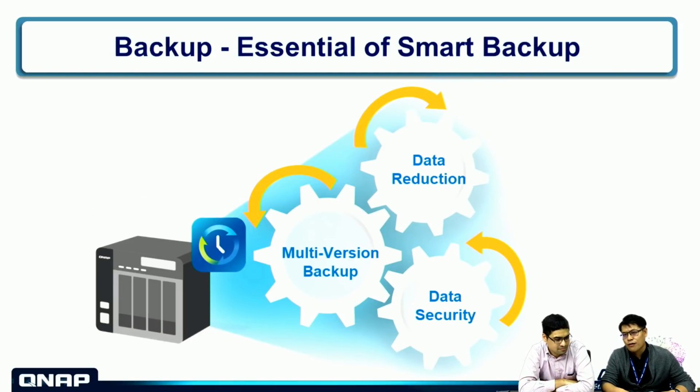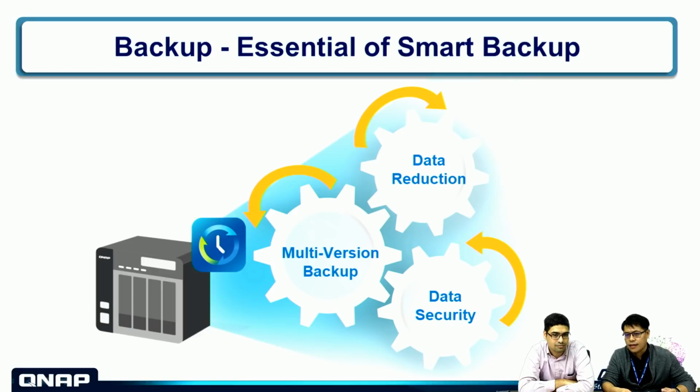Okay, so we talk about the smart backup. What is smart backup? It means the user can back up their data more efficiently and securely. Hybrid Backup Sync has incorporated three elements. The first one is data reduction. Hybrid Backup Sync lets the user do data compression and also apply a file filter, so that will reduce the file number and the file size to back up to the cloud or even a remote